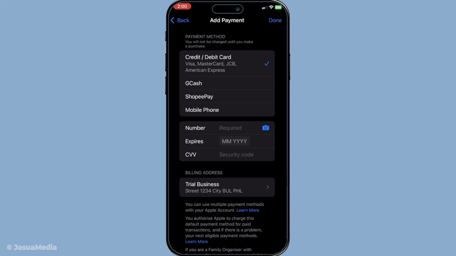Once you have added and adjusted your payment methods, it's crucial to make sure your new payment method is set as the default. The first method appearing in the list is automatically used for iCloud and App Store purchases. To rearrange your payment methods, just tap and hold the reorder icon next to each method and drag it into your preferred position at the top of the list. And that's it, your new payment method is now set as default and in place for any iCloud or App Store transactions. Remember, keeping your payment information up to date not only alleviates any service interruptions, but also ensures seamless